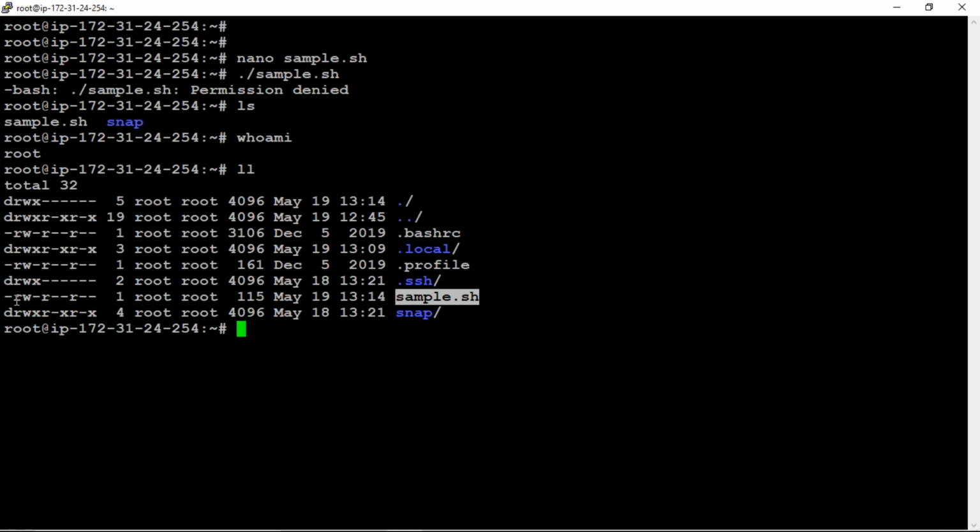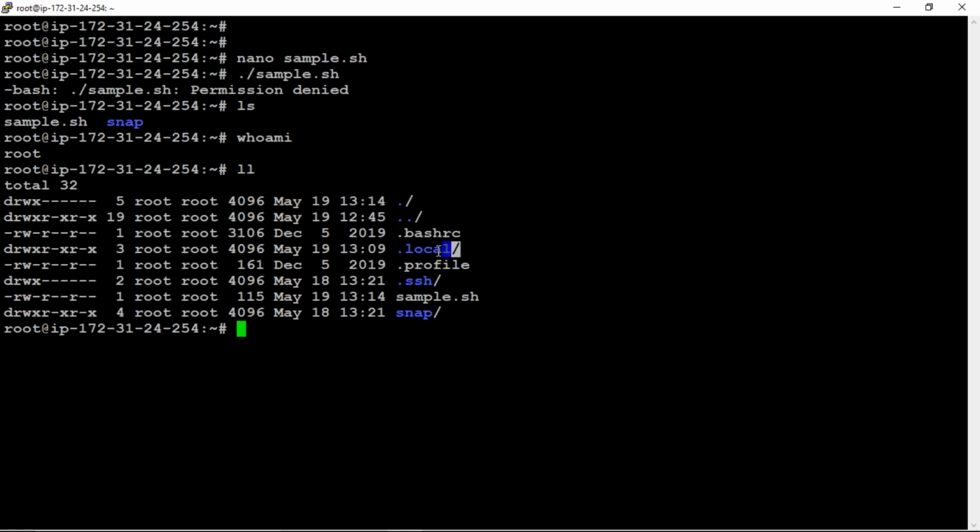What does it have? These are the first three. This hyphen means it is a file; sample.sh is a file, so it shows a hyphen.